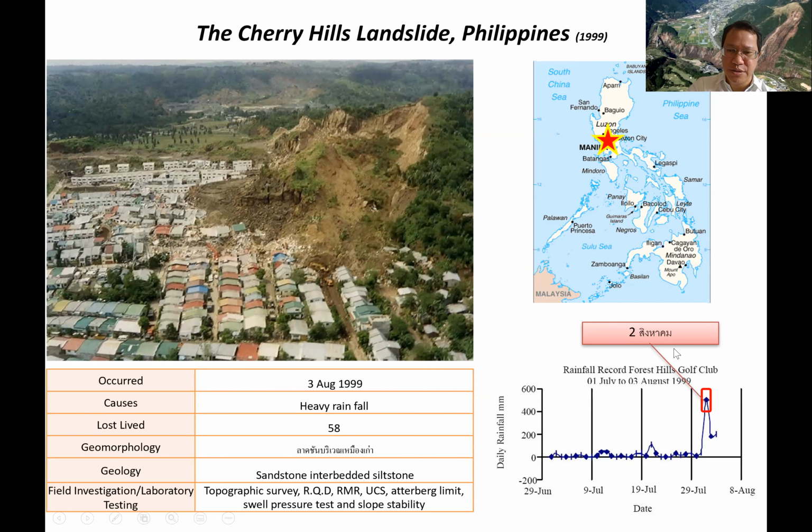The rainfall occurred at a very high level. You can see the graph here. On the 29th of July that year, and then after that on the 2nd of August, the rainfall shot up. In only one day it was almost 500 millimeters per day. That's very high, causing the cut slope here to become unstable and slide down, and destroy all